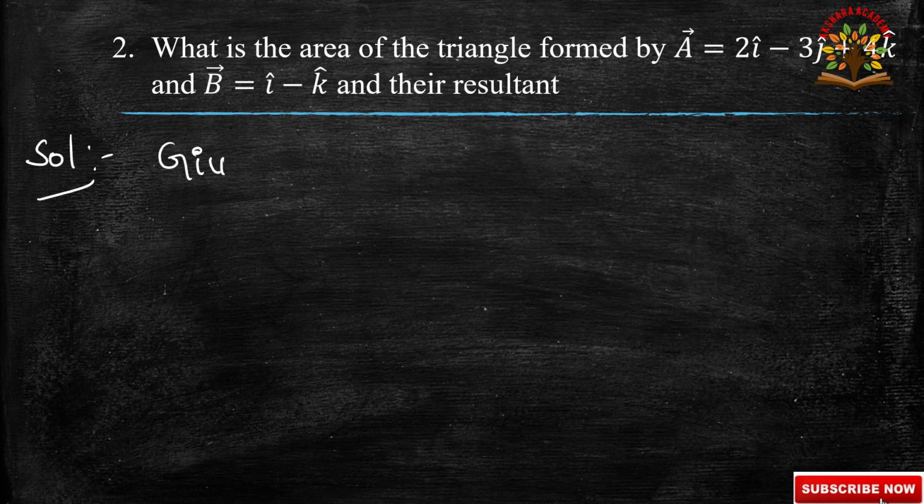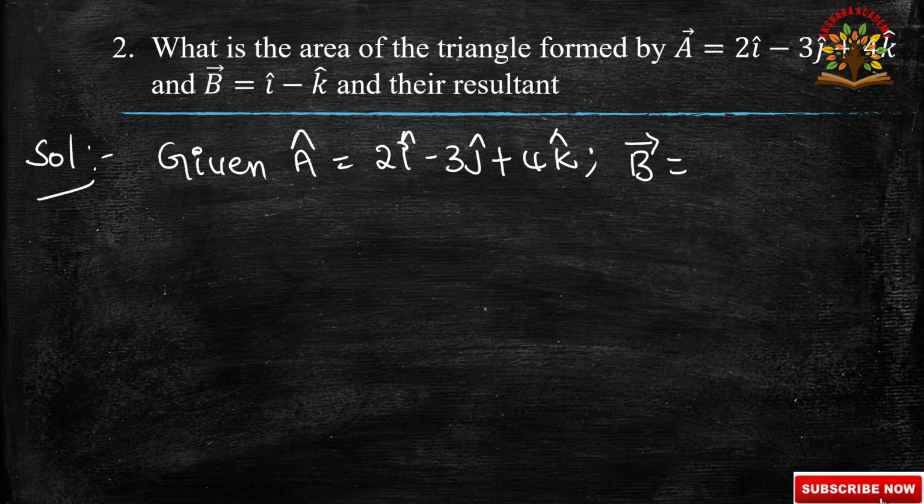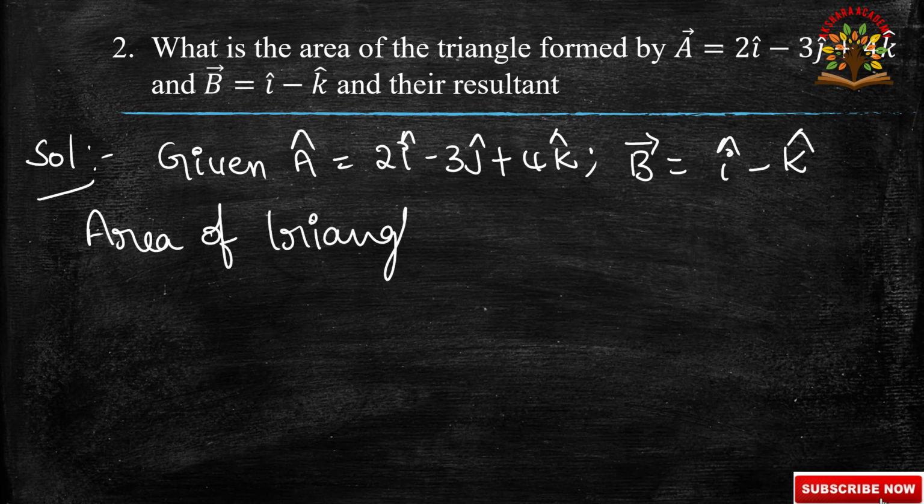Given a bar is equal to 2i cap minus 3j cap plus 4k cap, and b bar is equal to i cap minus k cap. Finding the area of the triangle. Area of triangle is equal to half into a bar cross b bar. A bar cross b bar,